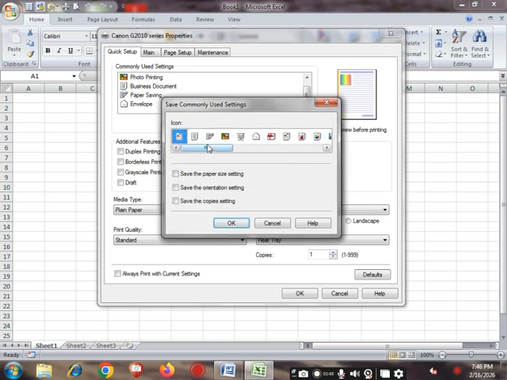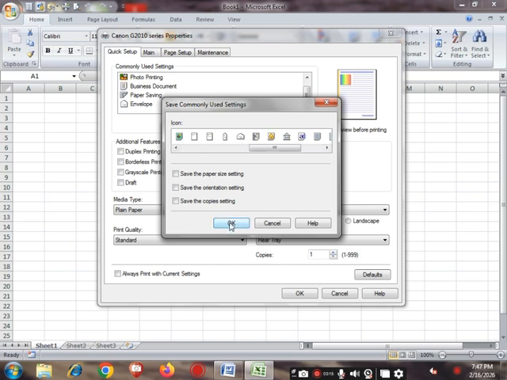You can choose any other setting by scrolling through the icons that show the different settings. Other settings include paper size, paper organization and copies. You can use these settings if you want. If you don't want, you can leave them. By scrolling, you can choose any icon, then simply press OK.